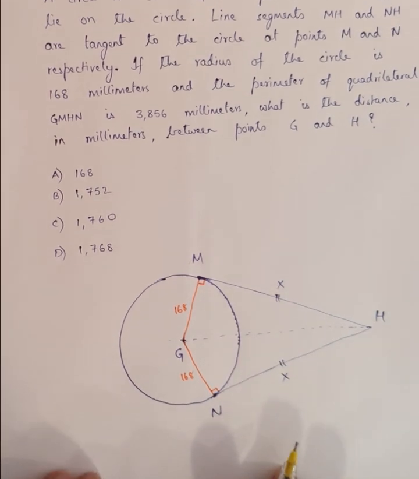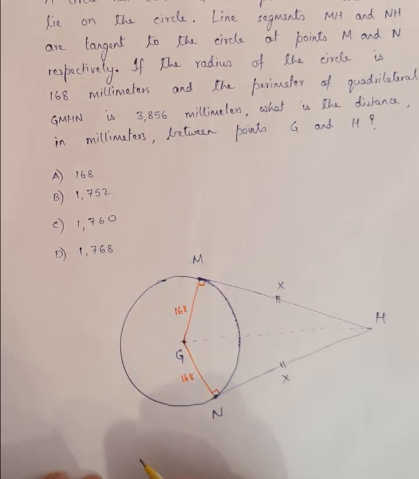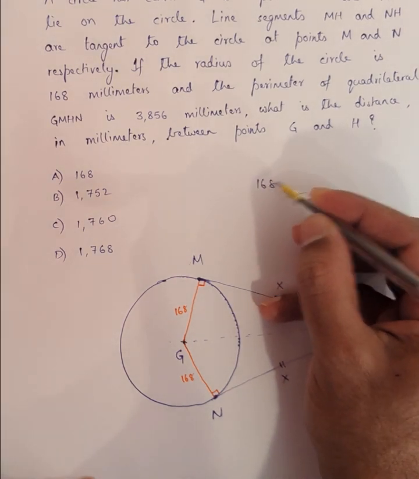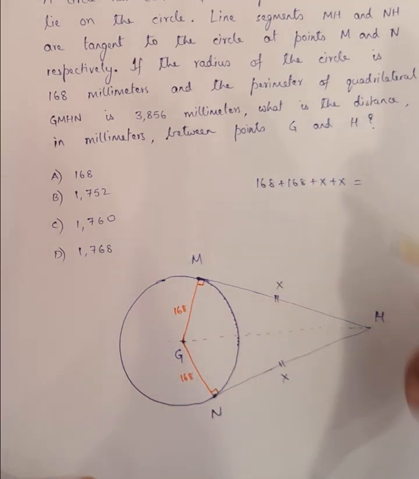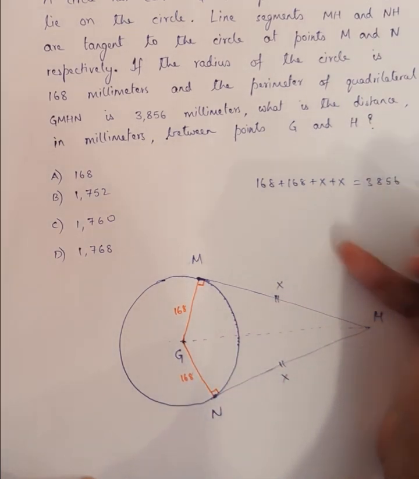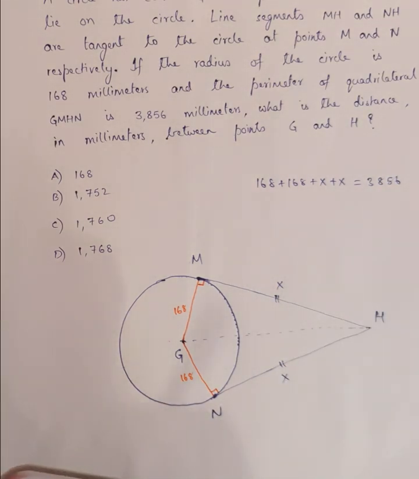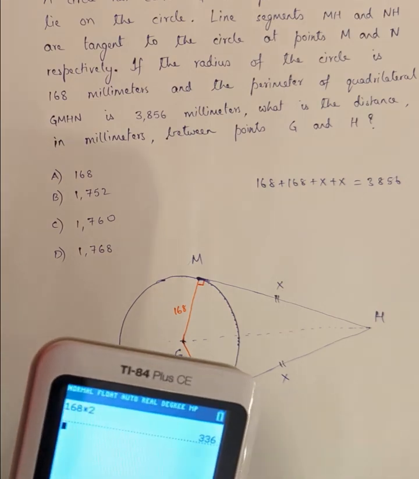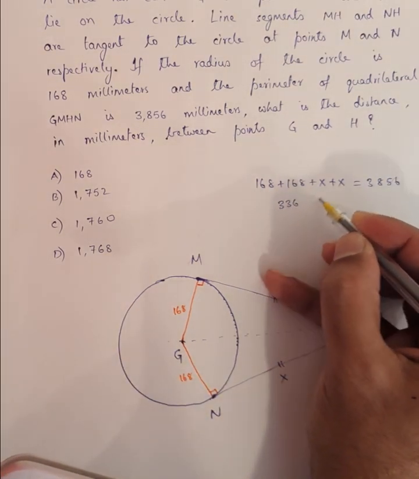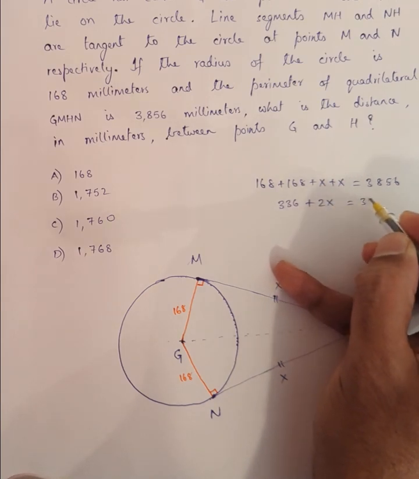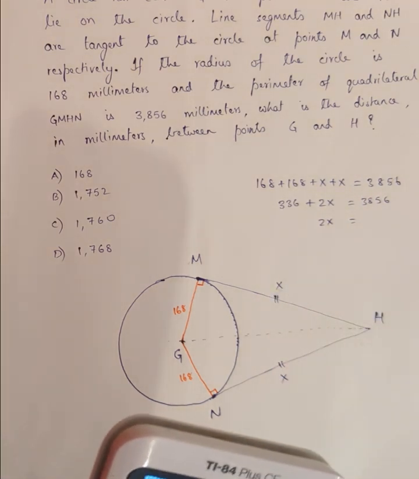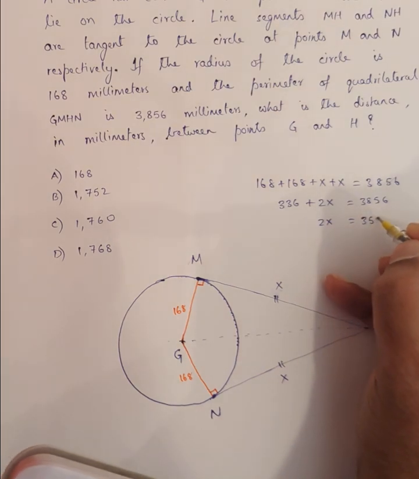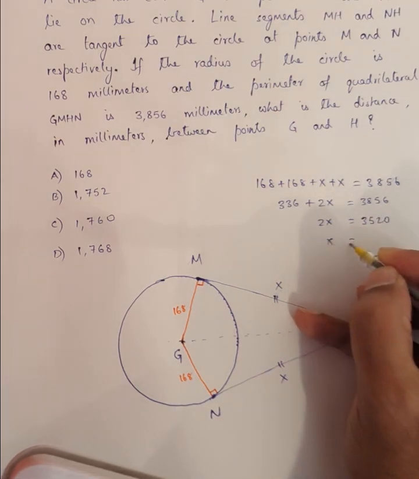And what we are given is that the perimeter is 3856. So let's go ahead and add up all these: 168 plus 168 plus x plus x. That's the perimeter. 168, 168, x, x is equal to 3856. Now 168 plus 168 is 336, and we can combine x and x, 2x equal to 3856. So subtract 336 from both sides. You get 3520 and then divide both sides by 2. You get